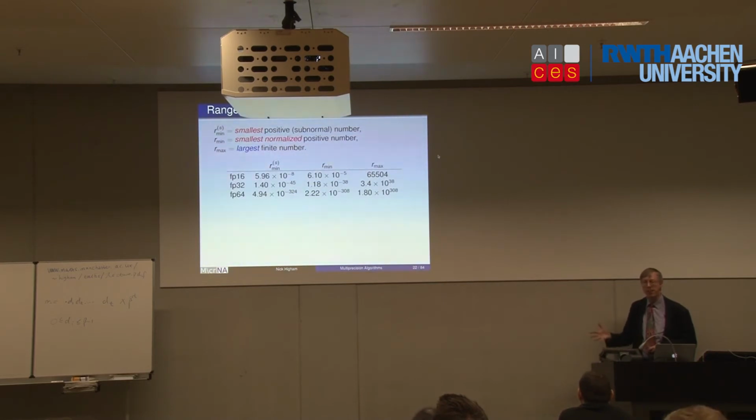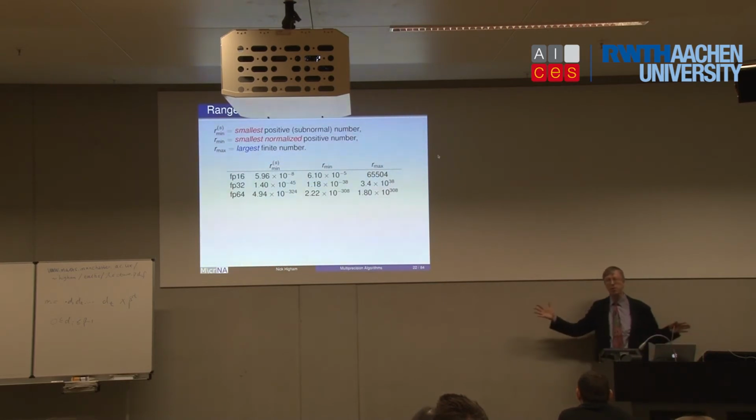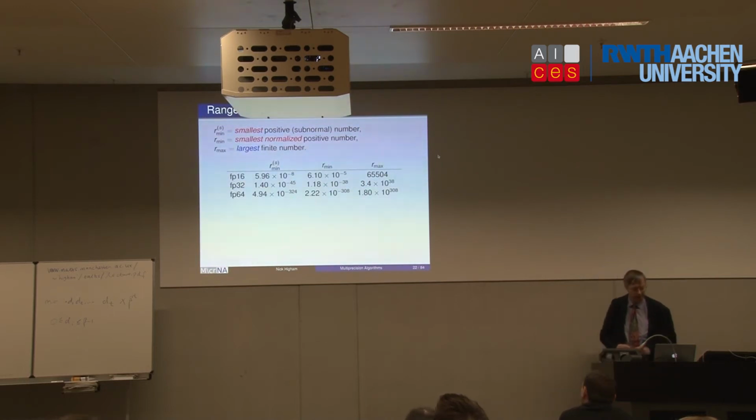You'll get a bad answer, and if this is part of a huge engineering model, and you've got the bad answer right at the heart of it, you might not realize that that's being propagated to higher levels and things are going wrong. So having overflow could be a good thing. It will make people realize that something has gone wrong and they'll have to then analyze what's happening. And if you want to avoid overflow, you're going to have to start thinking about scaling.